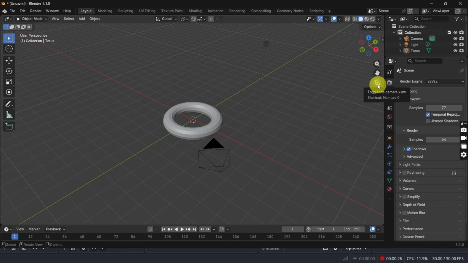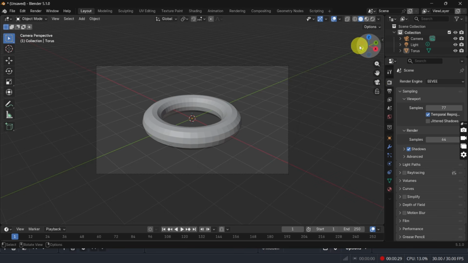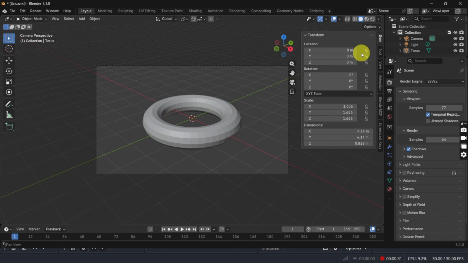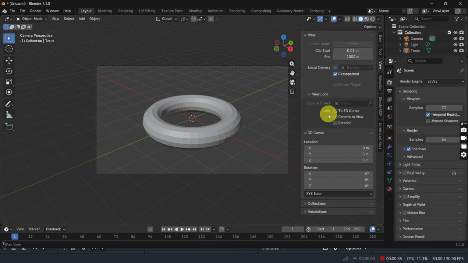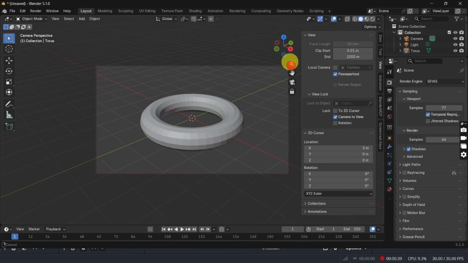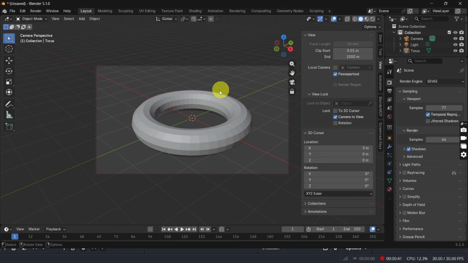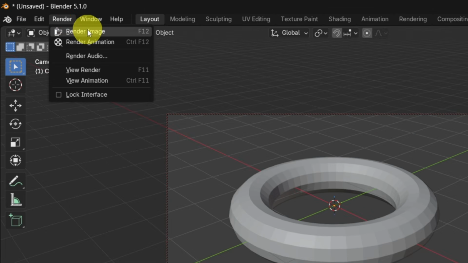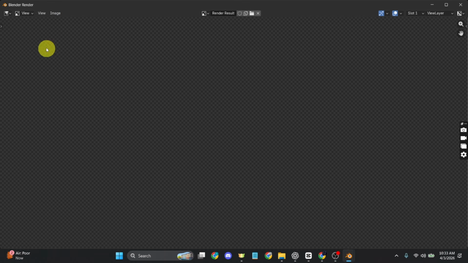And after that, just click on the camera icon and from there, just press N on your keyboard and just go to the view, and from here make sure camera to view is toggled on and then resize your image to your liking like so. And after you have configured it, just go to render, just go to render image and wait for the image